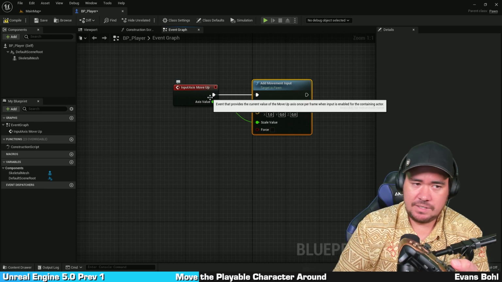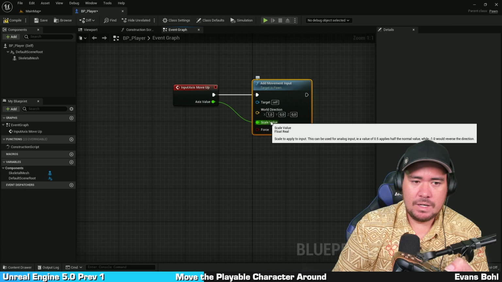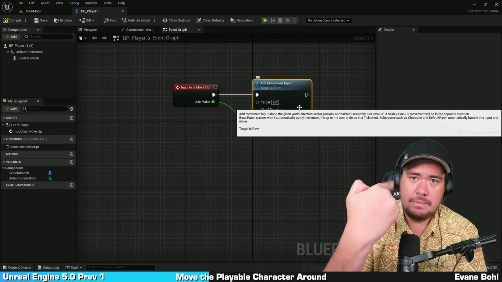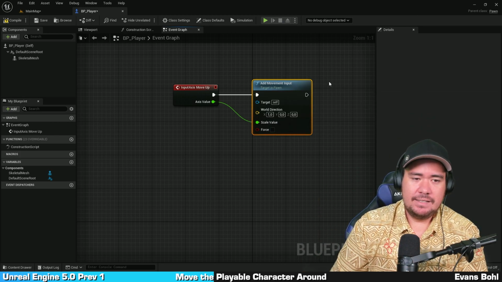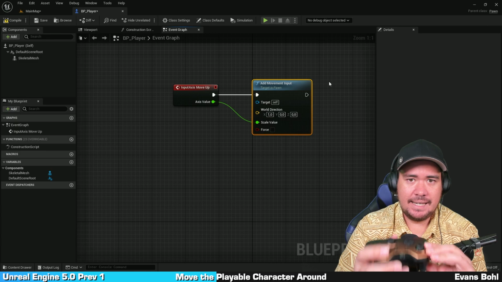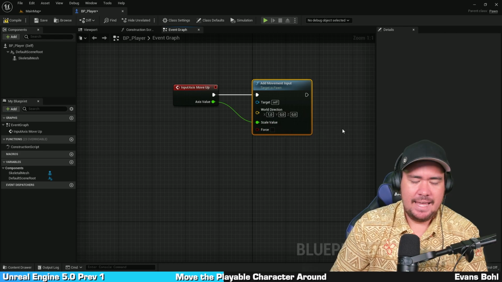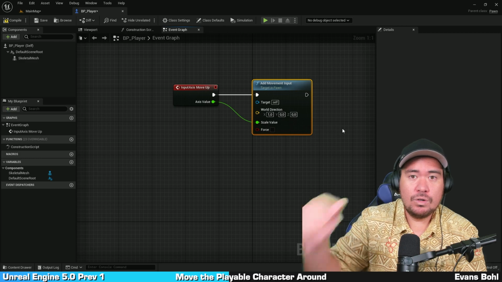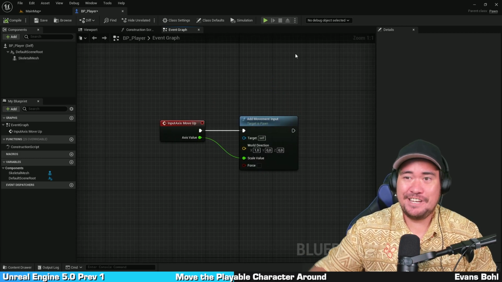If we tilt the stick down, the axis value equals -1. -1 will be multiplied by the x vector, and the x vector will point backward. In this case, the character will move down. Then, if we put the stick at rest, axis value will be equal to 0. The world direction will be multiplied by 0, and then we will have a null vector, which means that the player won't move. So now you might think that if we launch the game, the player should be moving up or down. But